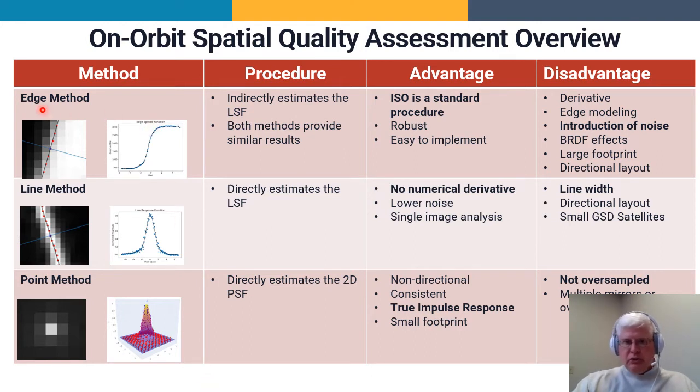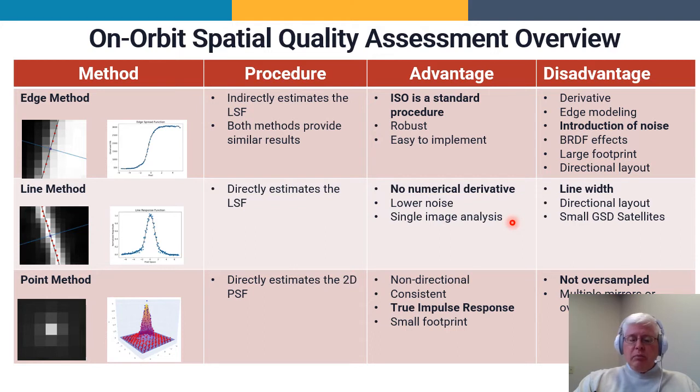The way that spatial quality assessment is done typically is using edges or lines. Edges may be naturally occurring, such as coastlines or buildings, or specific geographic areas. Lines also bridges or runways, other types of naturally occurring events. These are used classically for this type of assessment, but you have to build a lot of those images and survey a lot of those images because they're not perfect lines and they don't provide